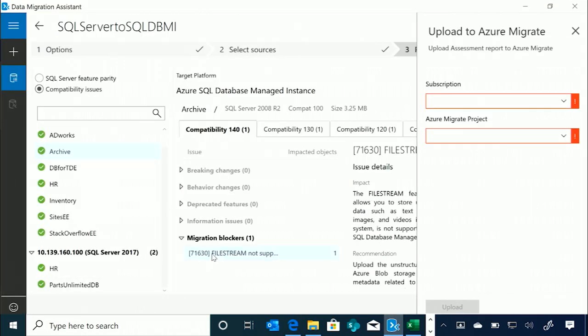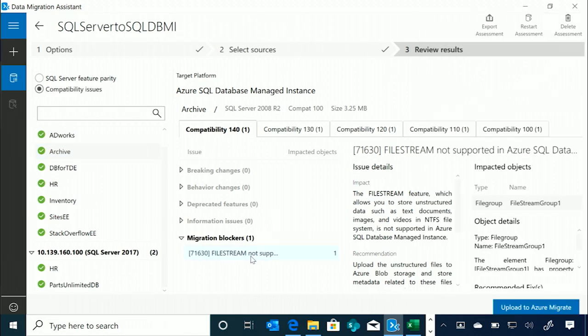And then we talked about this. It's a file stream. I already uploaded, so I'm going to close that. It's telling you that this file stream feature is the one which is blocking it. That's why we marked that as a database ready to go to the VM. So great, awesome. So you understand which databases are ready to go to PaaS and which databases are ready to go to VM,